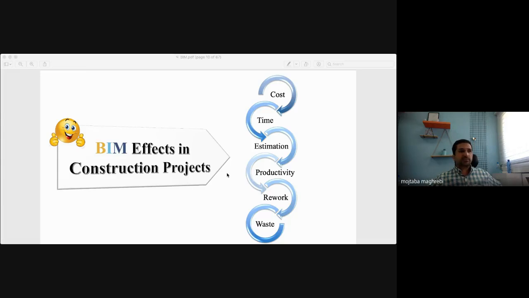For estimation, this semester in a project that I have in the Faculty of Architecture at Ferdowsi University of Mashhad, I taught my students how to use quantity takeoff using BIM. I believe most of you have done estimation so far. When you have drawings, you need to start counting every single element in the project to come up with the cost.